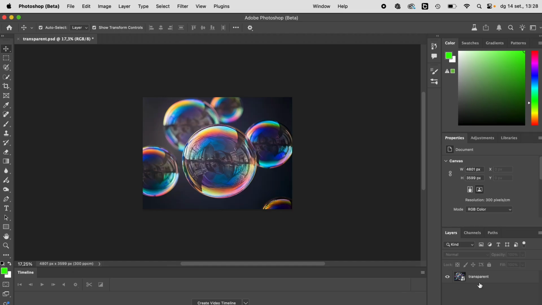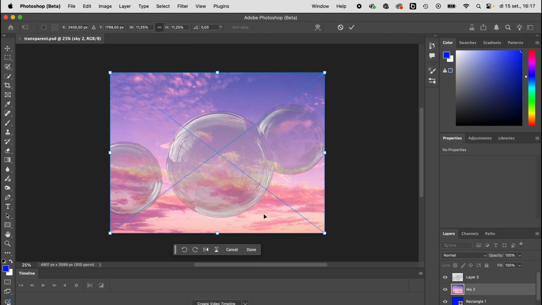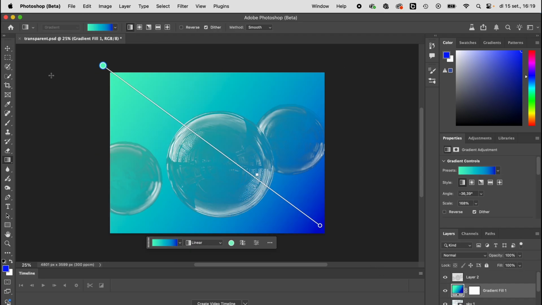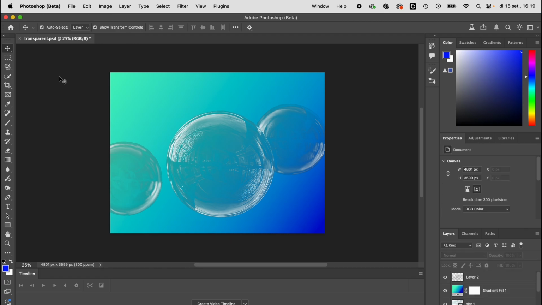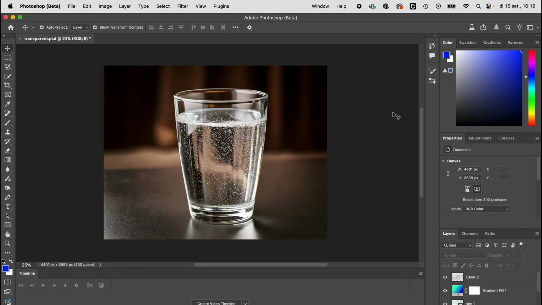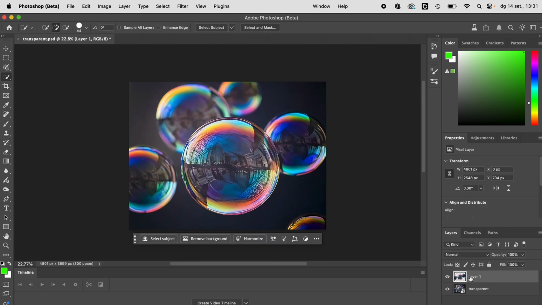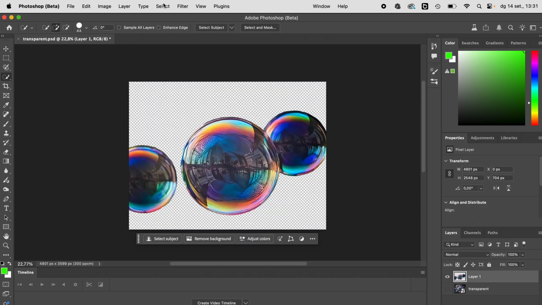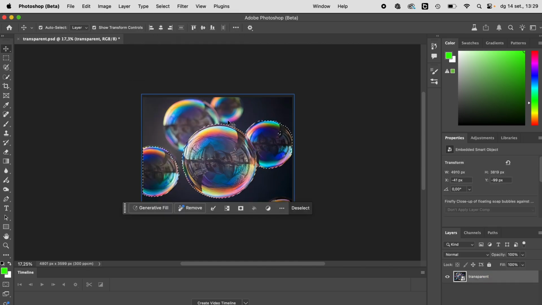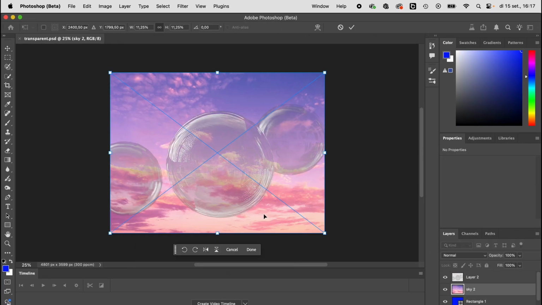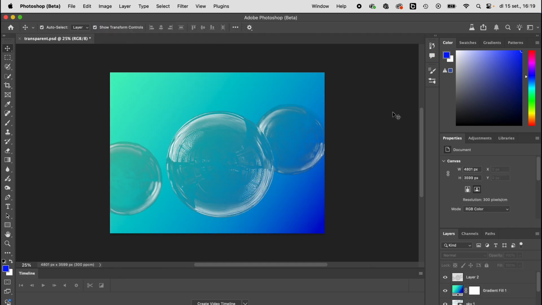Today I'm going to walk you through one of those editing challenges that a lot of people struggle with, removing the background from transparent objects in Photoshop. Now, transparent objects are tricky. We're talking about things like glass, plastic, water, or any see-through material. If you simply erase the background, it looks flat and unrealistic. But with the right steps, you can keep all the natural reflections, highlights, and that subtle transparency that makes the